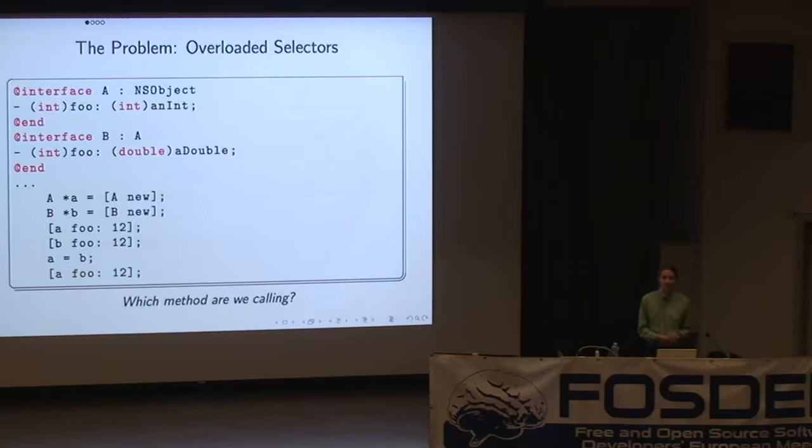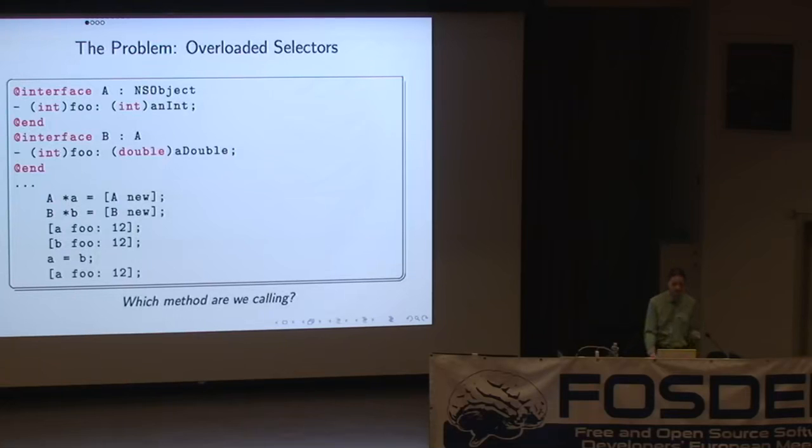I now want to talk a little bit about making it a bit more reliable. So this is a couple of Objective-C class interfaces. They both define a method with the same name, but one takes an integer as a parameter, one takes a float as a parameter. And the implementation of these is simple. They just use printf to display it on the terminal. And so you have some code at the bottom which calls this method.